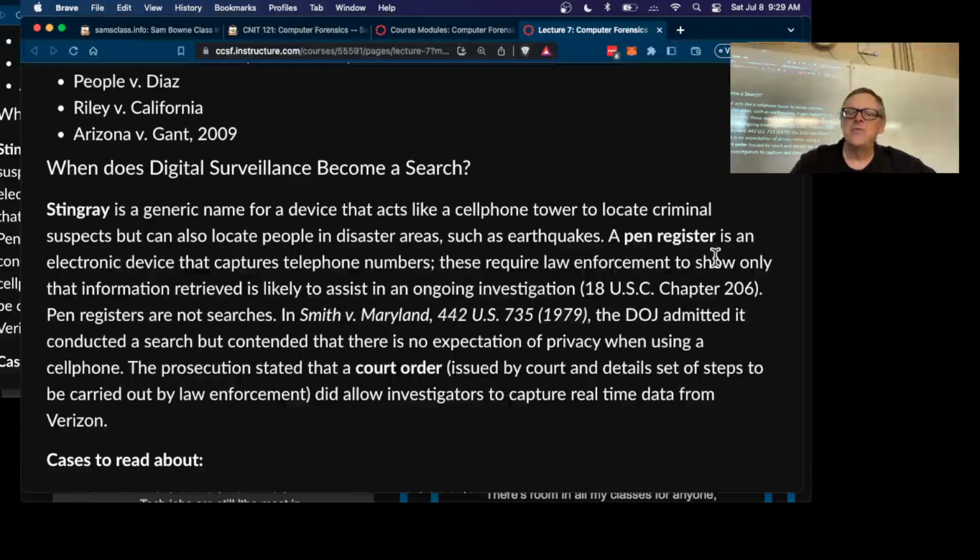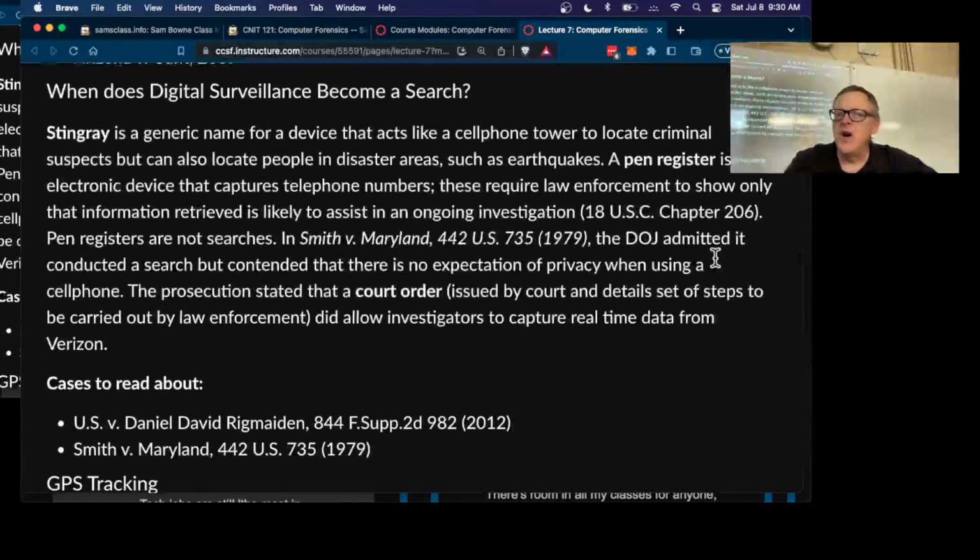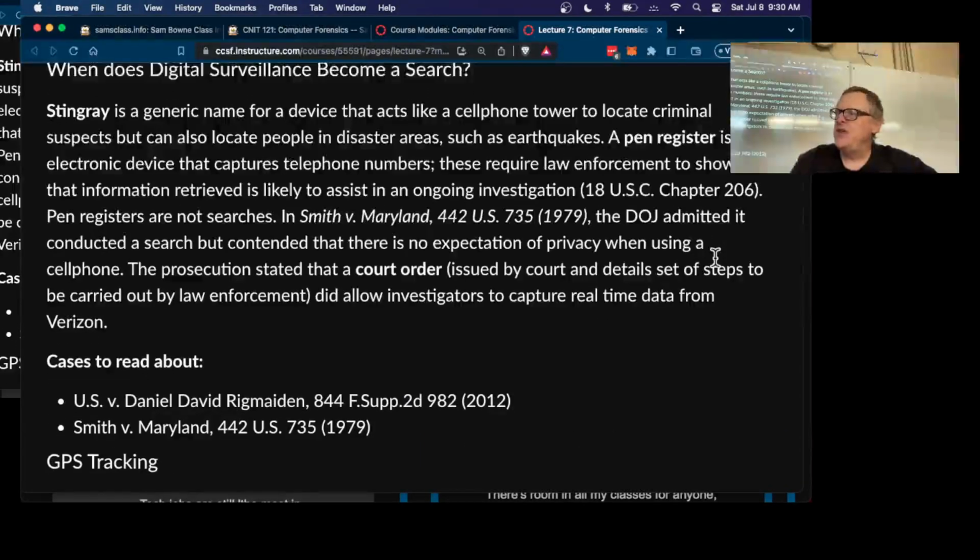The pen register just records what phone number connected to what other phone number and for how long. And so it is the information they need to make your phone bill. They do not hear the sound of your call, but they do know who called who. And by the way, this is often all you want, because